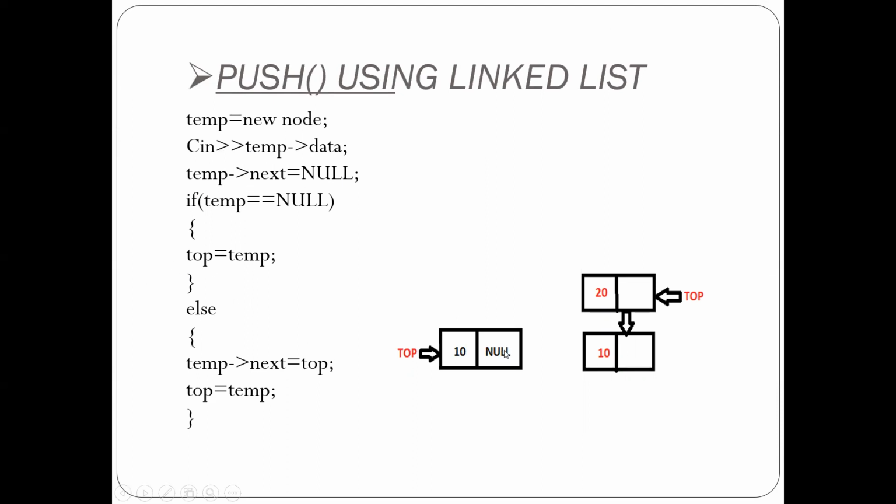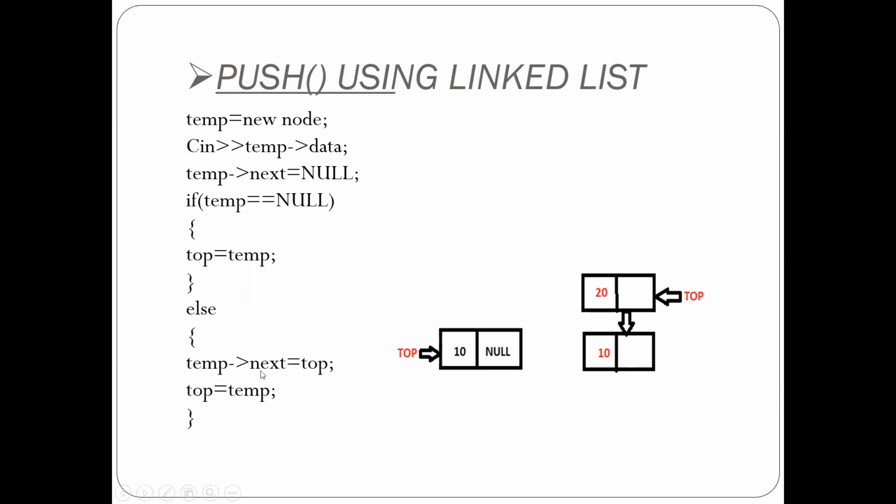That means, like in the single linked list, the first node is always called the head node. So here, in the case of the stack, the last node we are going to point to with the top. So give the name top here. Now, if I want to do a new push operation, or insert a new value here, then